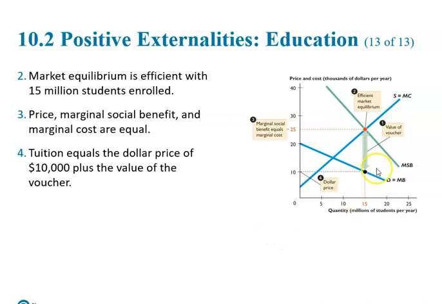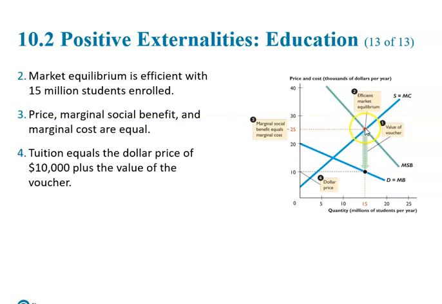So even if the government provides households with this amount of vouchers, which is 25,000 minus 10,000, so if every household gets a voucher of $15,000 which can be used towards getting education, then even at this point of consumption, this gap between the cost can be covered with the help of vouchers, and we can get to this